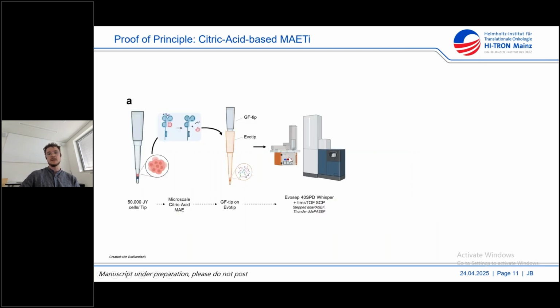Okay, so here the method is outlined again, and in the first proof of principle, we stick to a citric acid-based mild acid elution buffer that is also featured in the Sturm et al. paper from 2021, where they compare immunoprecipitation with mild acid elution. And what you can see here is, as I said, we loaded the cells on a pipette tip that is tapered with a glass fiber membrane, and then we strip the cells directly into this Evotip and separate them on our timsTOF